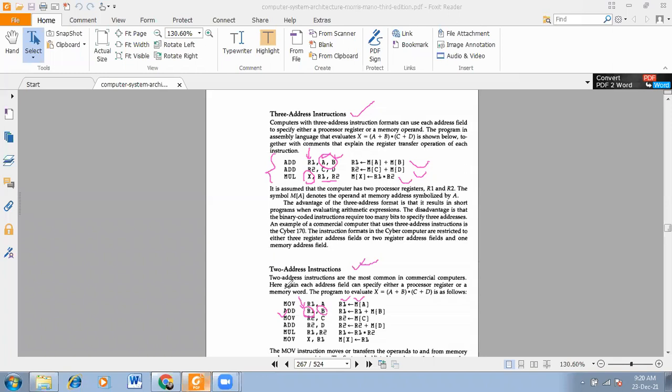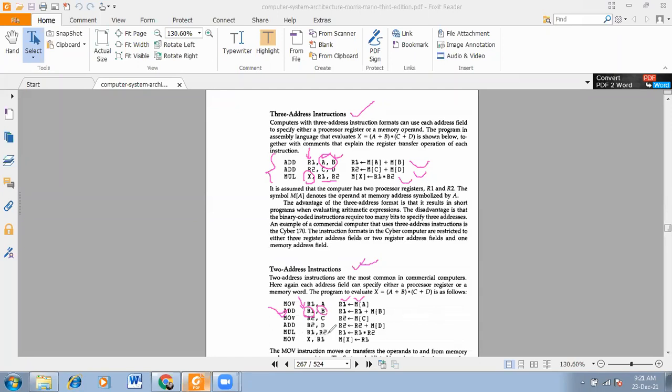If you need not keep the data intact, in that case you can reuse the memory locations. You can reuse the register pair also. If you reuse the register pairs or the memory location, in that case it will reduce the addressing. That means in spite of 3 you can use 2 address. So here, by adding R1 comma B, we can use a 2 address instruction.